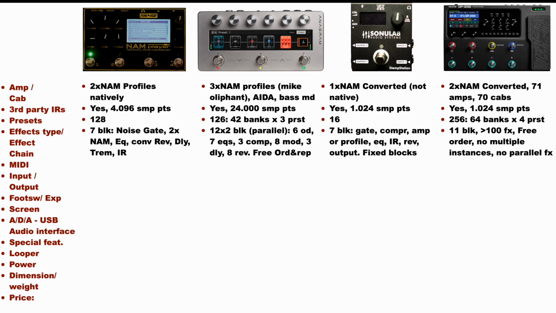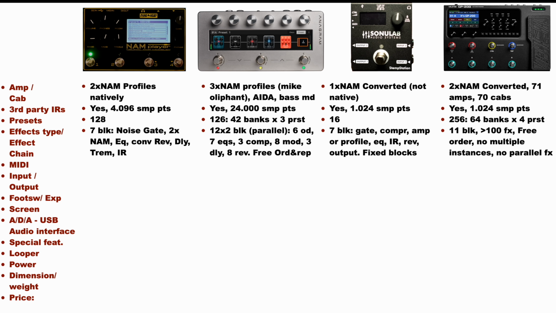The Valeton has 11 blocks of effects that we can arrange in whatever position we want, but we cannot replicate the same effect many times. So summarizing, I would say that the Anagram is the unit which allows us to customize our chain more extensively, with parallel effects, the possibility to change the order as we want and the possibility to load many instances of